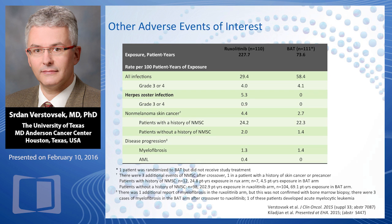Another aspect of the safety analysis of ruxolitinib in PV is that, as was seen before in patients treated for myelofibrosis, we are here getting a good control of signs and symptoms of the disease, but the progression to myelofibrosis or acute myeloid leukemia still stays with the patients for the rest of their life. We are not eliminating disease or eliminating risk of progression. We are controlling the signs and symptoms of the disease, in this case, polycythemia vera after hydroxyurea,